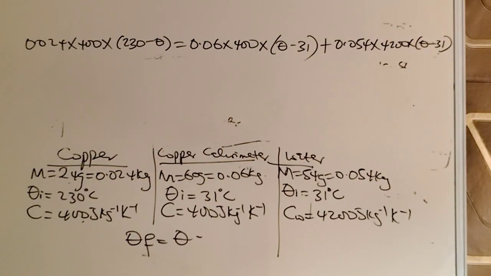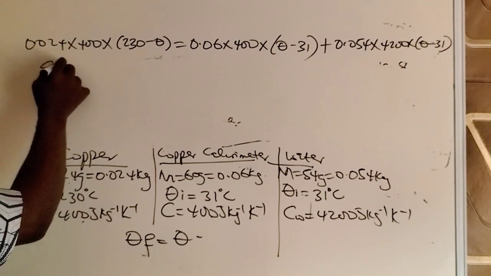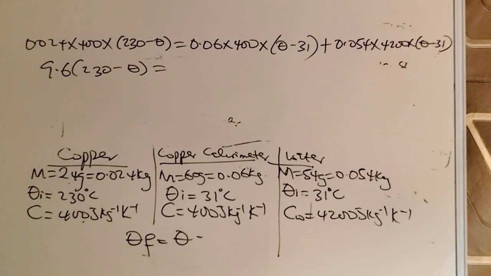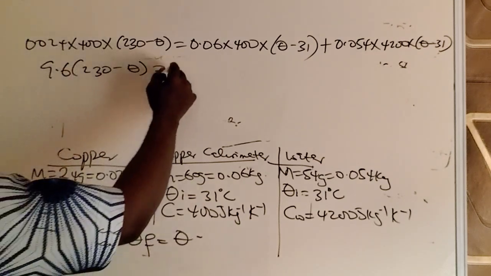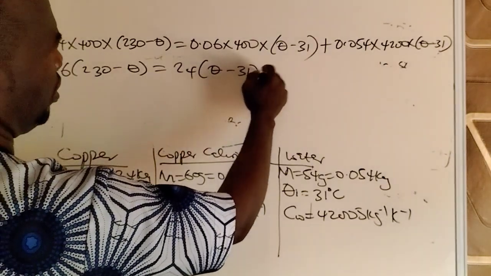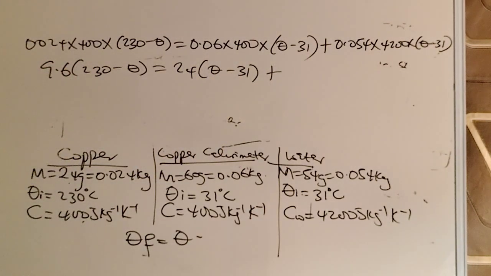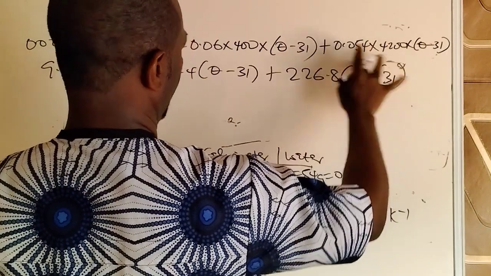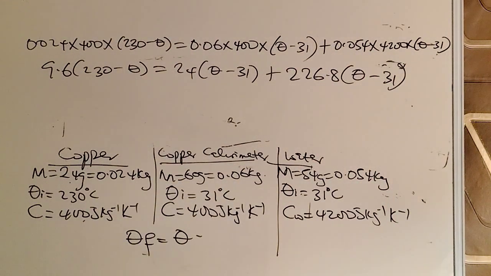0.024 times 400, to solve that, we're going to have 9.6. 9.6 into 230 minus theta equals 0.06 times 400. That gives us 24 into theta minus 31, plus 0.054 times 4,200. That gives us 226.8, into theta minus 31. So open the bracket and then solve accordingly. So that gives us